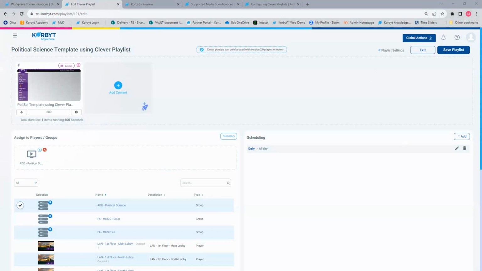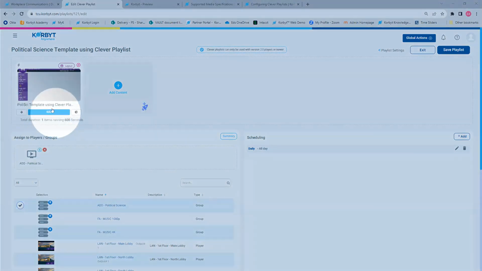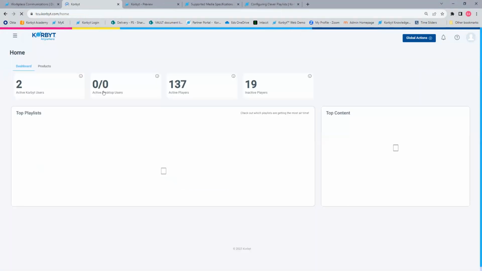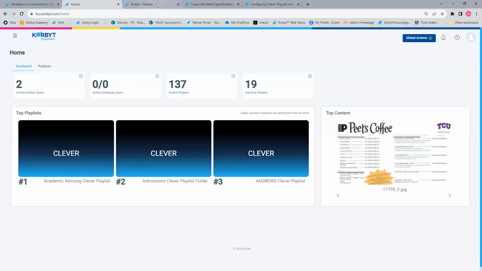What questions can I answer for you about embedding a playlist into a layout, or just the time that an embedded playlist might need? Hey, Ed, I will add in that if you were interested in learning more about managing a layout and being able to make changes and build out a layout, we've already got content on our website, on that Korbyt website. There's training there for those pieces, because that wasn't intended for today, but that is definitely exposing you a little bit to what's there.